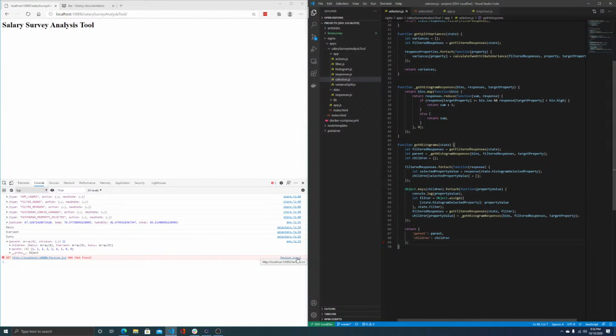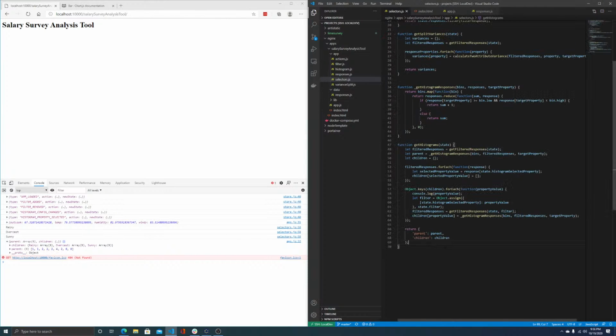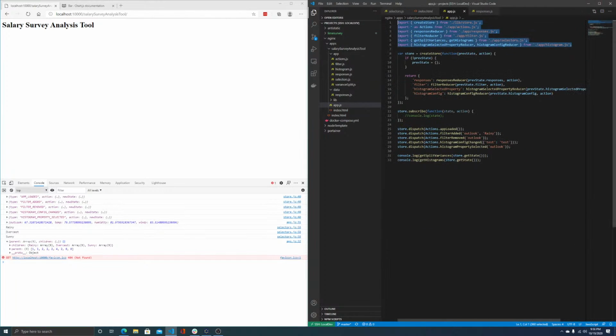But the good news is that with the histogram data being available at this point, because now where'd it go? App.js. Now I'm able to get histograms for the current state. I'm able to calculate the split variances for the current state. The next step is, yeah,